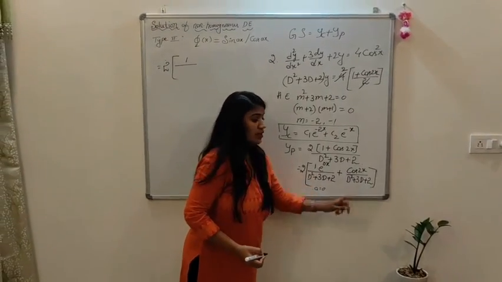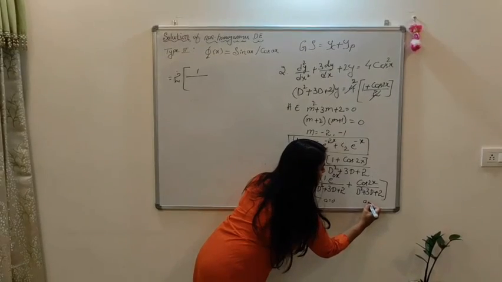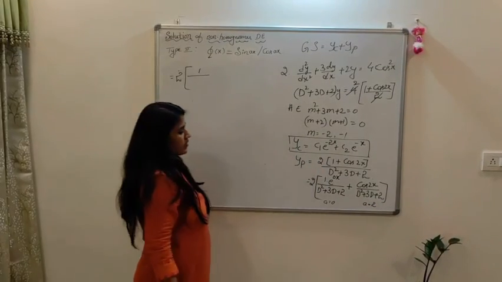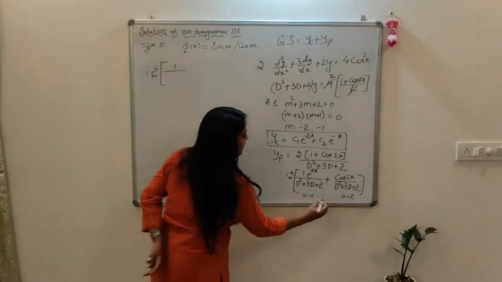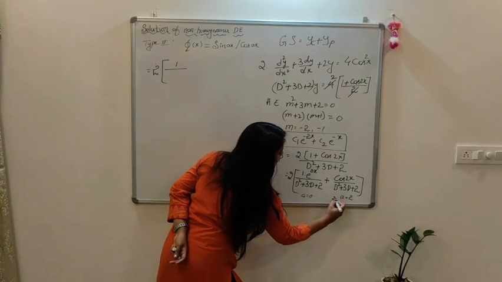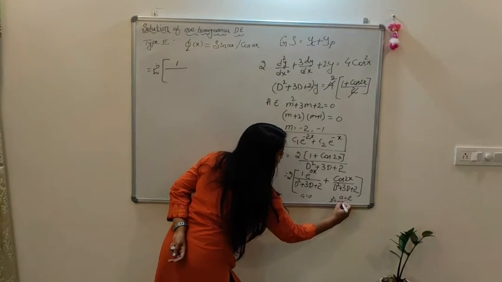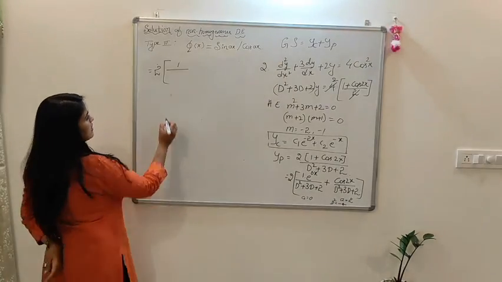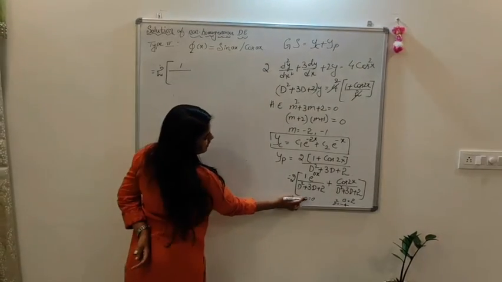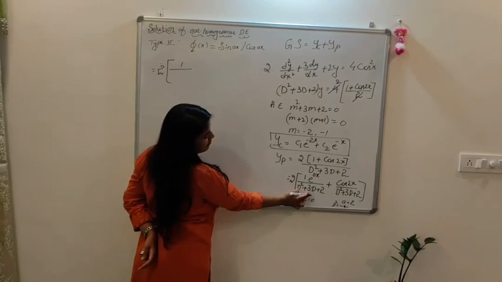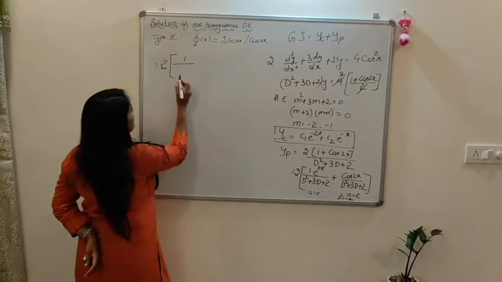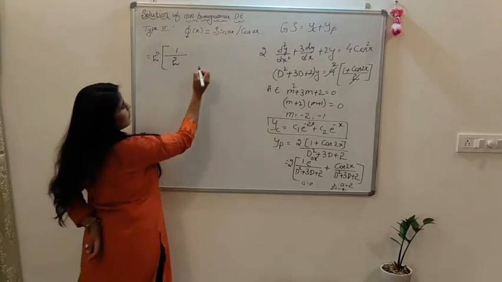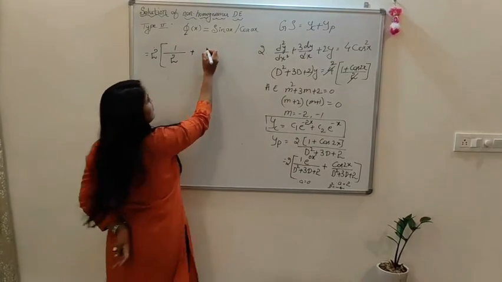Here this is type 2, cos 2x is there. Here a is how much? 2. Okay. So actually we should replace d square by minus a square. So d square should be replaced by minus 2 square means 4, it is minus 4. Now I will replace it. In place of d I will put 0. 0 square 0 plus 3 into 0 is 0, so 2. 1 by 2. Okay. Plus here cos 2x